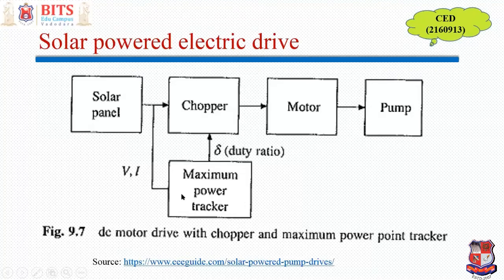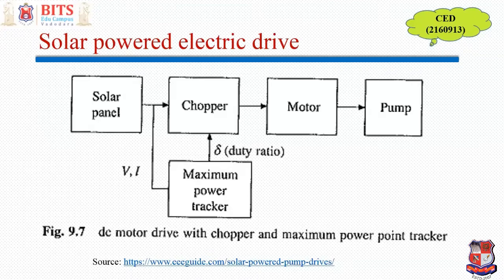So this gives you the maximum power, and based on the requirement of speed, you generate the required output voltage through the chopper by controlling it with the help of the duty cycle delta, right? So this is how you can control the solar power